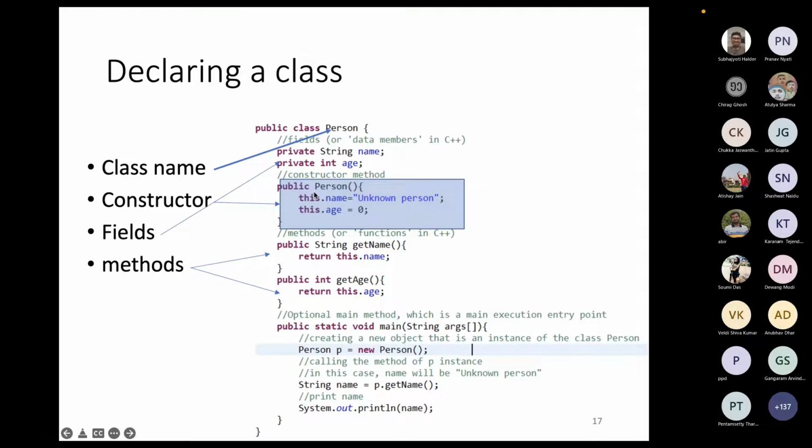Now, these are the fields. So first you declare the fields. Then you define the constructor. So this is a constructor of the person. A constructor is a method or a function which is invoked when the object is created. So in this case, this particular constructor